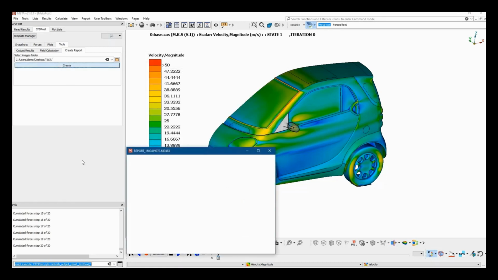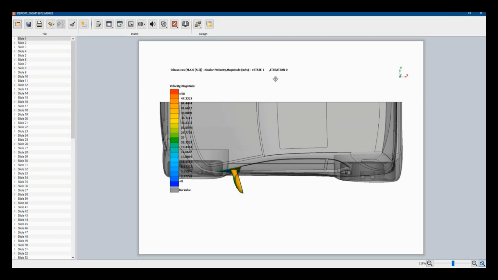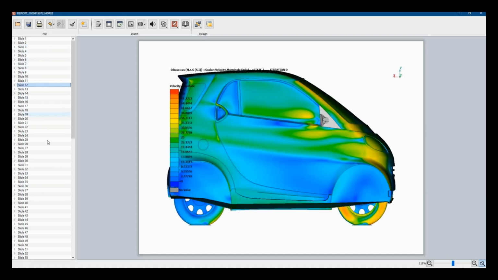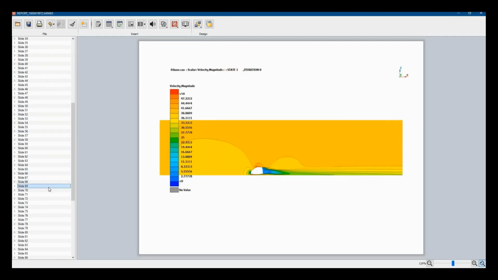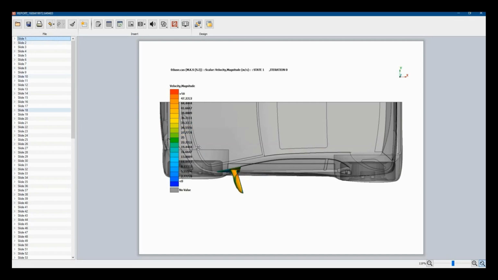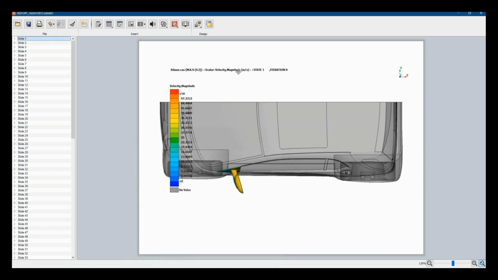And then, if I press Create, what it does is create a report with as many slides as the number of snapshots included in the folder. We can see here that a report has been created. Each slide contains one snapshot from the folder, and I am able now to save the report in PowerPoint format or PDF format or any other that's supported. And I can also modify the presentation. I can add tables, images, text boxes, and any other element that is needed.